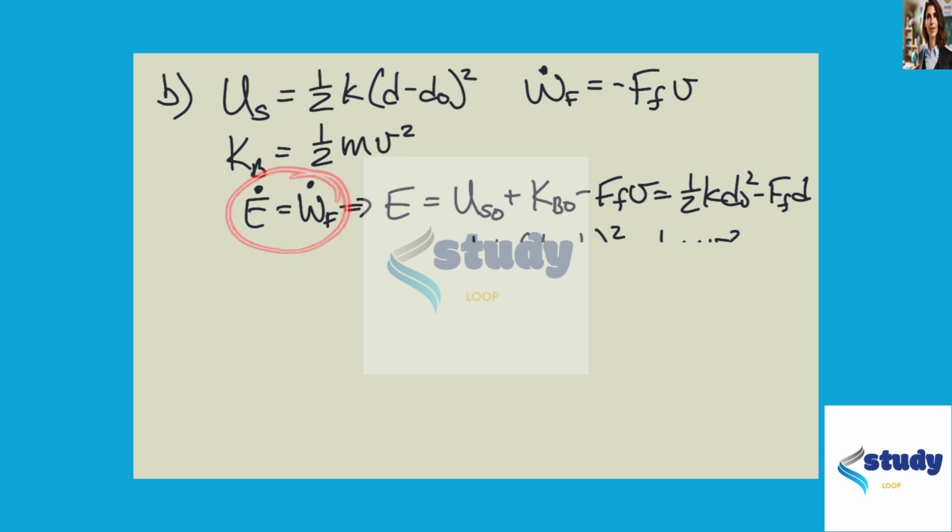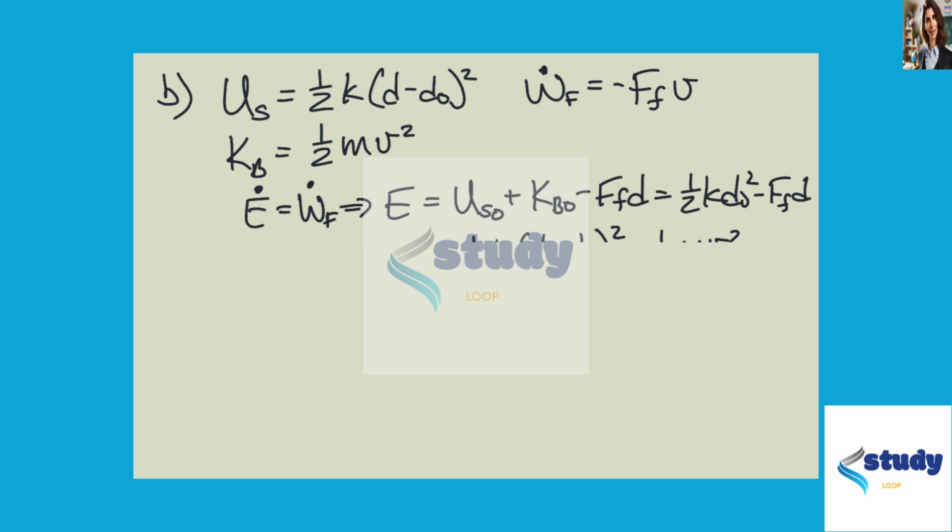We can integrate this because F is a constant, and then v just becomes d. So we get that E is some constant initial energy, so the initial energy of the spring and the block, times this should be a d,